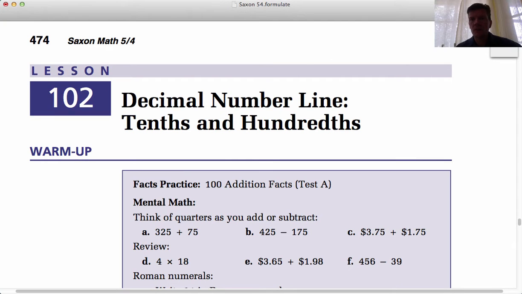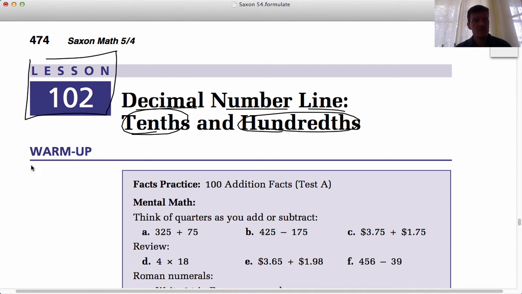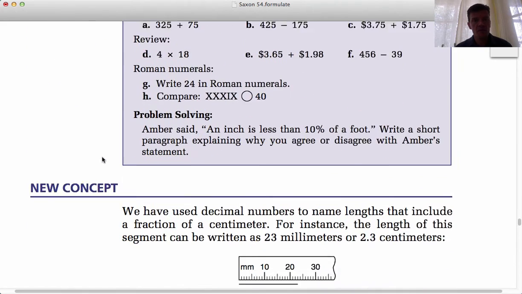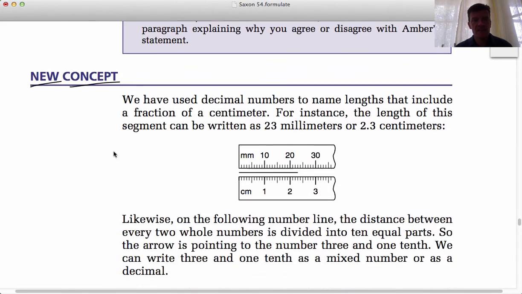Hi, welcome. We are looking at decimal number line, and we're going to be focusing on tenths and hundredths places as we dive into lesson 102. So, you've taken care of the warm-up, and today's new concept, we are looking at decimal numbers, and we've been